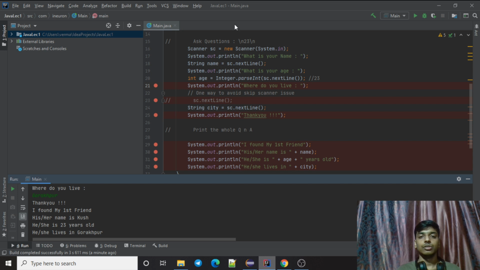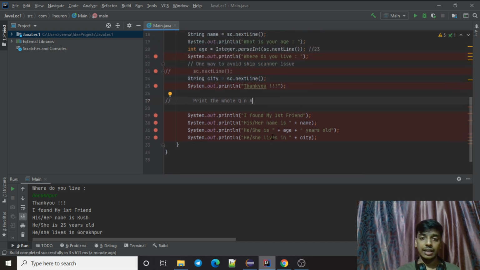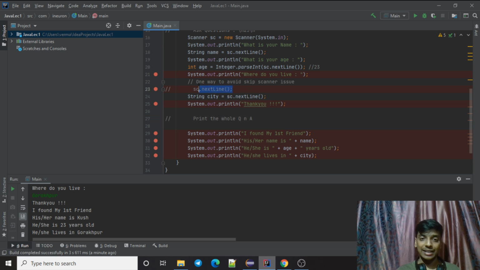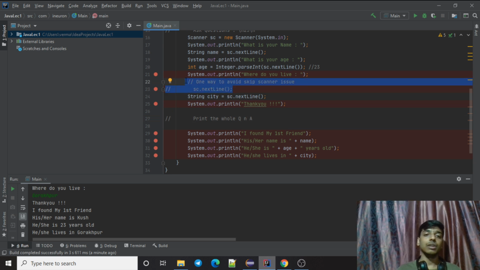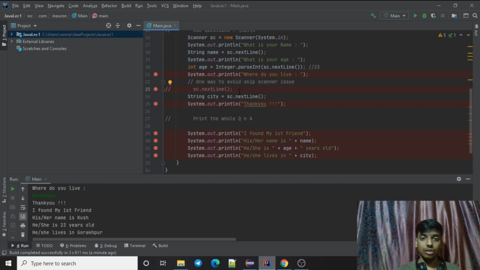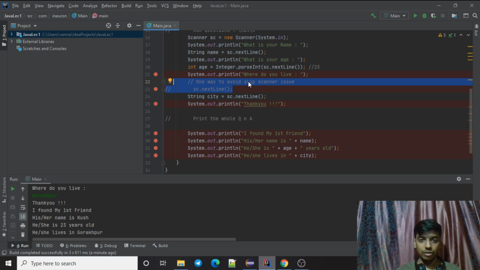Okay, so this is how you can avoid this scanner issue. I hope you guys are clear on that. This is one of the reasons why a lot of people avoid using scanner, because this is not very evident, and you might get into this issue and waste 1 or 2 hours just debugging it. So just to avoid these problems, not a lot of people use scanner. Also, scanner is much slower than buffered reader, so always use buffered reader before scanner. I mean, don't avoid using scanner entirely, just use buffered reader.